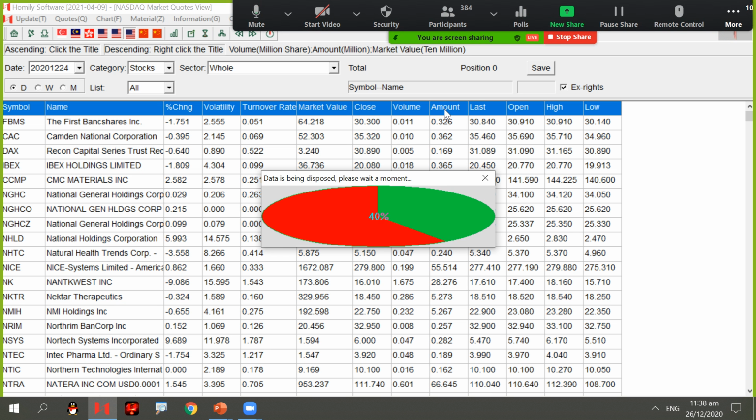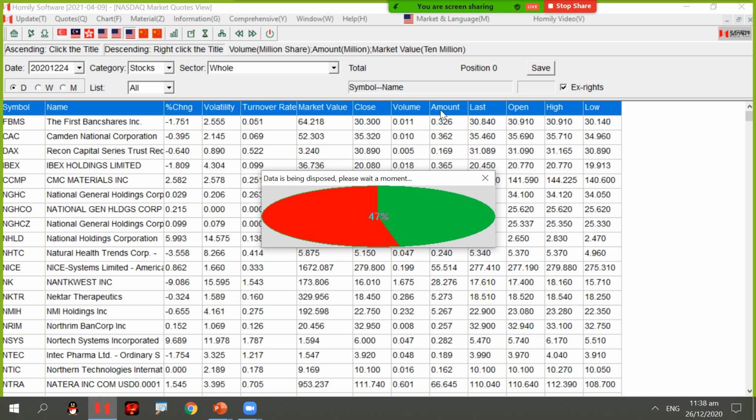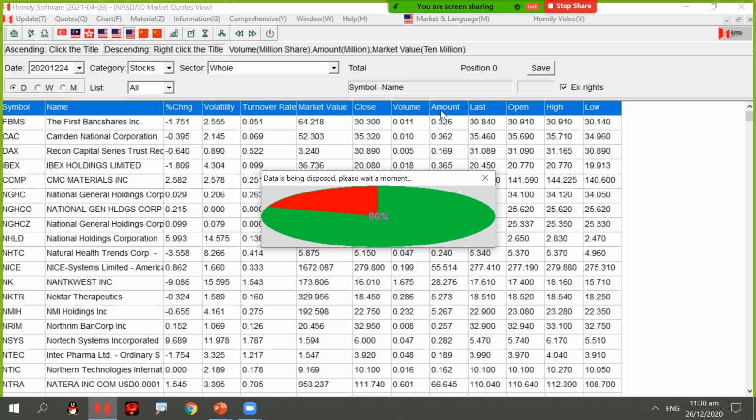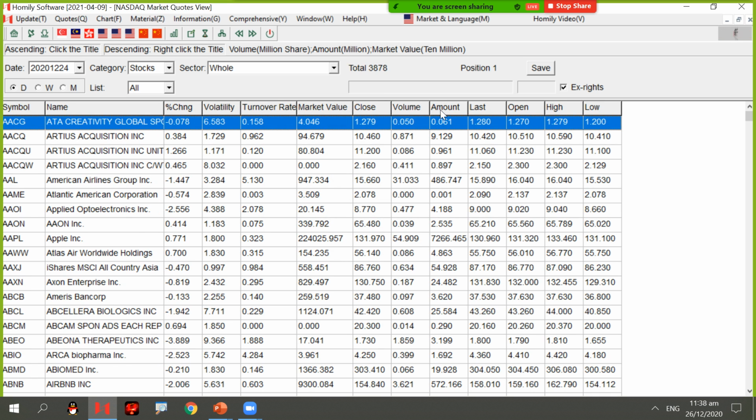It's very important. But remember, what is turnover rate? Turnover rate is not volume. It's not amount, but it's a volume-related indicator. Let me share with you. If your share's floating shares in the market total around 100 million, but today your volume is 10 million, so 10 million is just 10% of the whole floating shares in the market. So your turnover rate is 10%. 10% for one day is already very high. Okay, let me show you what happened.